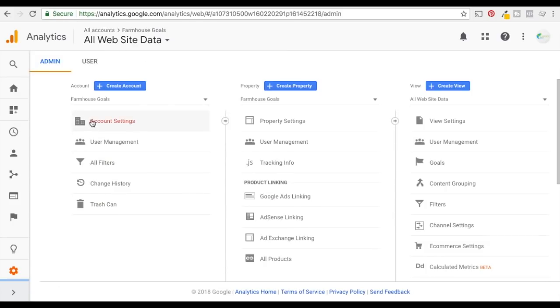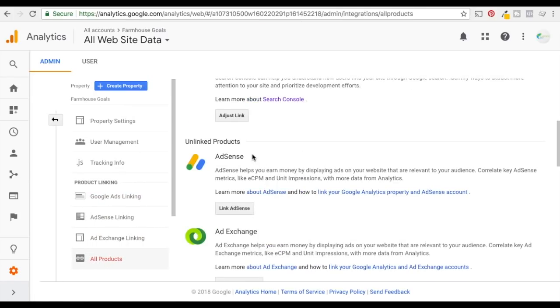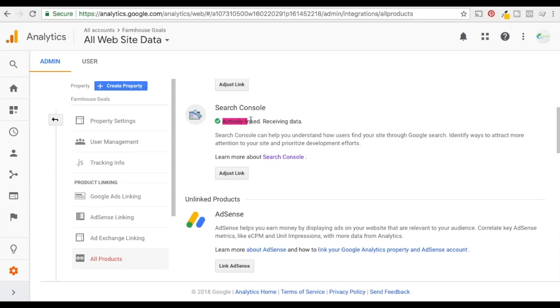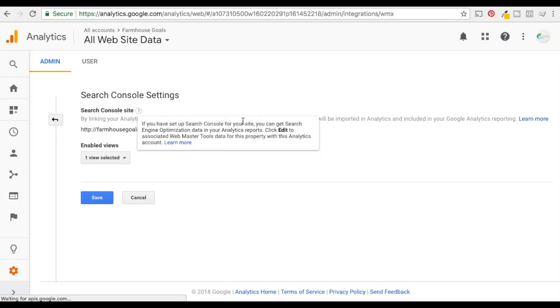And that's going to open up this page with your account, your property review. And what you want to do under product linking is look at all products and go to Search Console here. It should say actively linked, receiving data. If it doesn't, what you want to do is click on adjust link. It's going to open it here, and you can go through this process and just make sure that you have